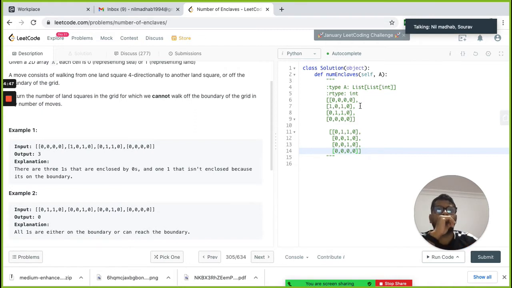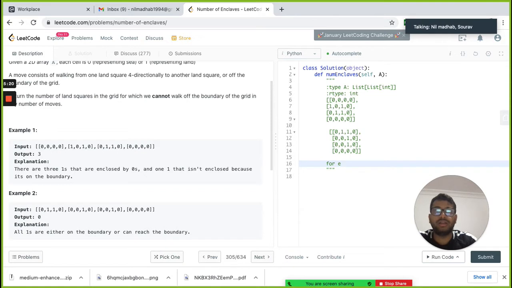So from every one which is not on the boundary, we can do one BFS and keep track of how many elements are connected to this one, and if we don't reach the end, then have a global counter. I will write the algorithm here so that you'll understand.